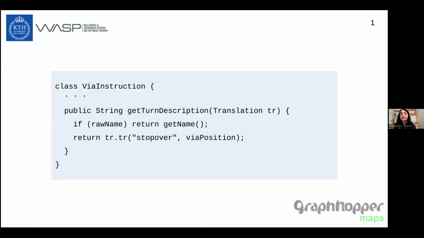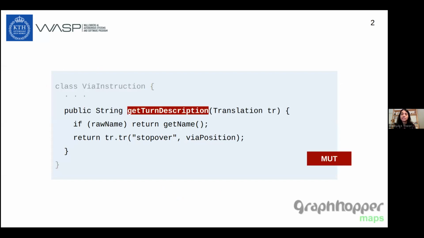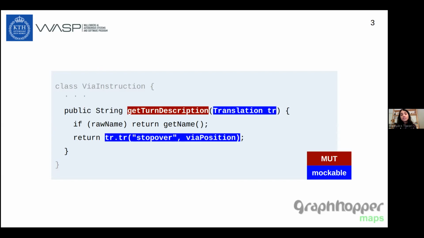Consider this method called getTurnDescription defined in a class called via_instruction within an application called GraphHopper implemented in Java. GetTurnDescription takes in a parameter of type translation. It does some computations and it returns a string. Let's call this method an MUT or a method under test. We also notice that within this MUT, there is a call to TR on an object of type translation, which